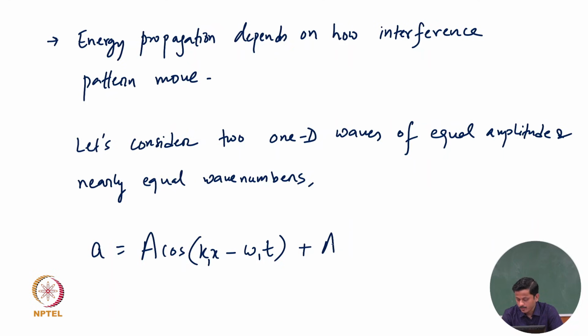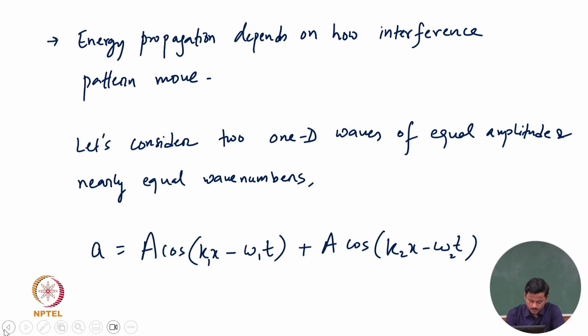So let's say we have waves of equal amplitude and nearly equal wave numbers, and this is what the combination of both the waves looks like. And as we said, the combination of waves is a realistic possibility. In this situation,